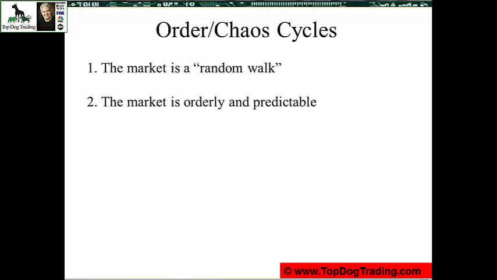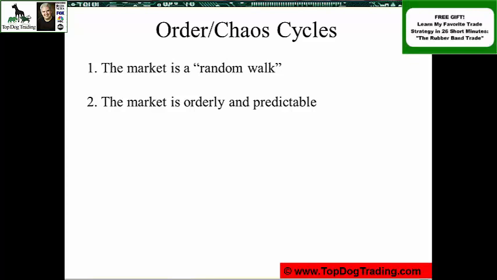Another theory is exactly the opposite. These people say, oh no, the market is perfectly orderly and predictable, and they'll often use mathematical models, often geometrical models. And here you're getting into schools of thought such as Gann, probably the most famous, and some followers and people who followed up with his work and maybe altered it a little bit, basically saying, oh, we can predict the market 5 years out, 10 years out, 20 years out to the exact day, time, and price. So two completely opposing points of view, and some of them even have some history to back up some predictions that they've made out into the future, which were pretty darn accurate.